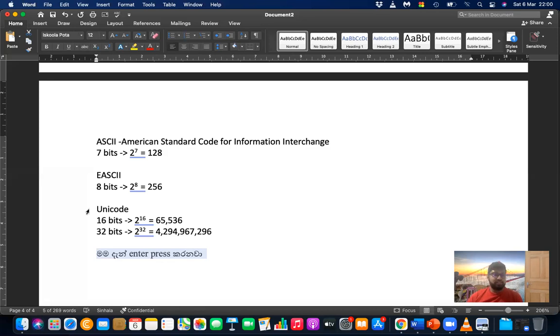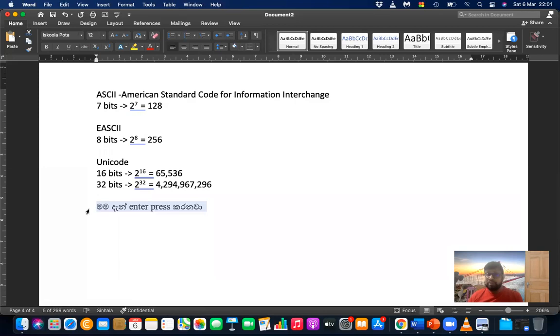So now, I still didn't answer the initial question that I raised. Why still ASCII? Unicode has reserved the first characters to be in the ASCII numbers. That means Alt 65 in Unicode is still capital letter A. Alt 97 in Unicode is still small letter a. So it has preserved the numbers which are used by ASCII, because ASCII was really popular. That's why in Unicode you can still see ASCII inside it. Right, so I think now you have a clear idea why we need character representation.